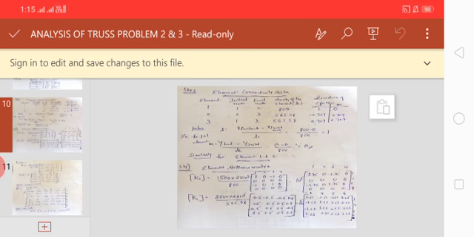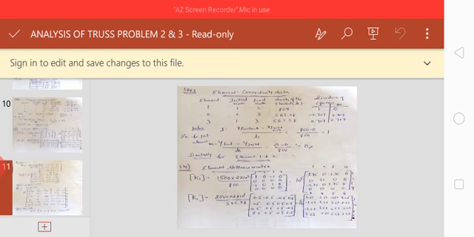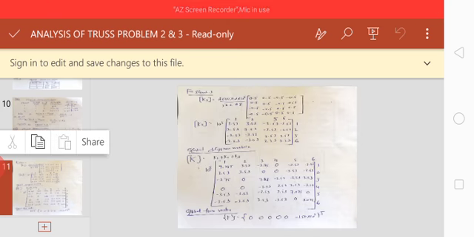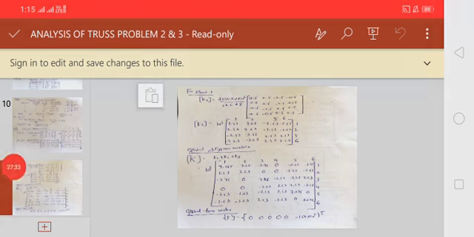Next you go for 5 cross 3, available again in the K2 matrix, minus 3.53. I have written it here. Again 6 cross 3, the same thing, again minus 3.53. I have written here. Similarly you go for the fifth row here. 1 cross 5, like that I have calculated, minus 3.53. 2 cross 5 I have also calculated the same way. Similarly you go on adding all the things here. Okay, now once you have added everything you are going to get the global stiffness matrix.